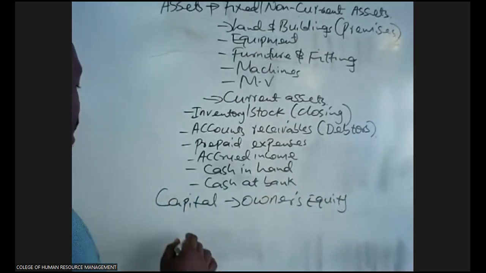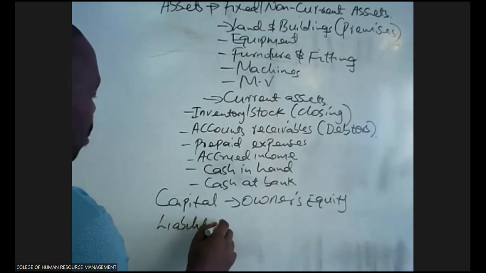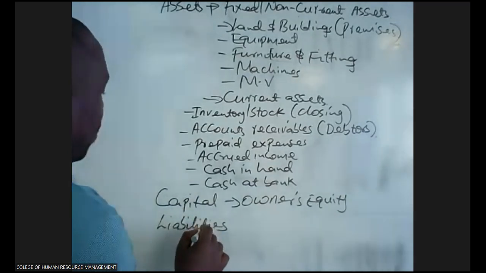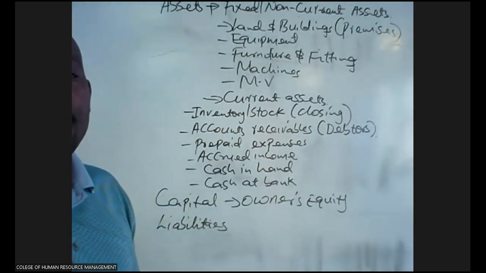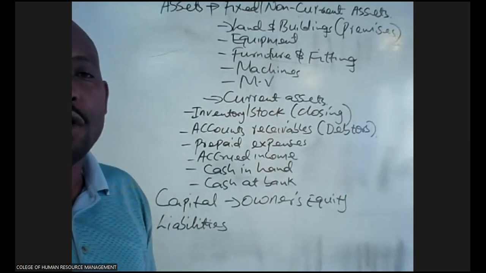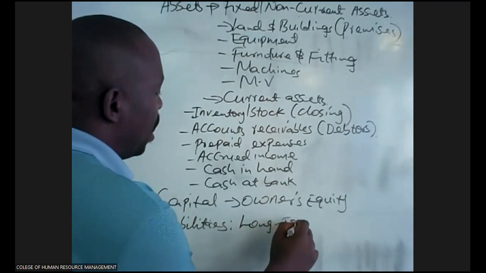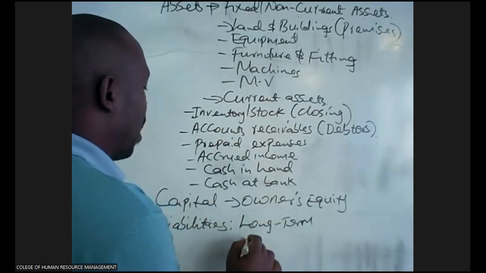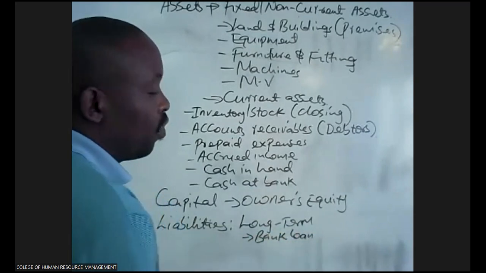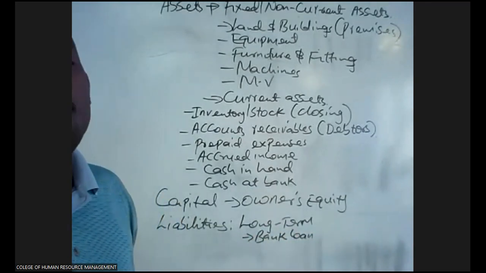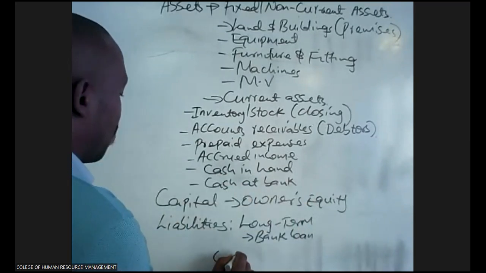And then lastly, we talk about the liabilities. The liabilities are the business obligations or the business debts by the end of the financial year. Those that we have not paid. And here again, we have the long-term liabilities. For the sole trader, this one is going to be the bank loan. If the sole trader has acquired maybe a 3-year loan, it becomes a long-term liability. Then we also have the current liabilities,